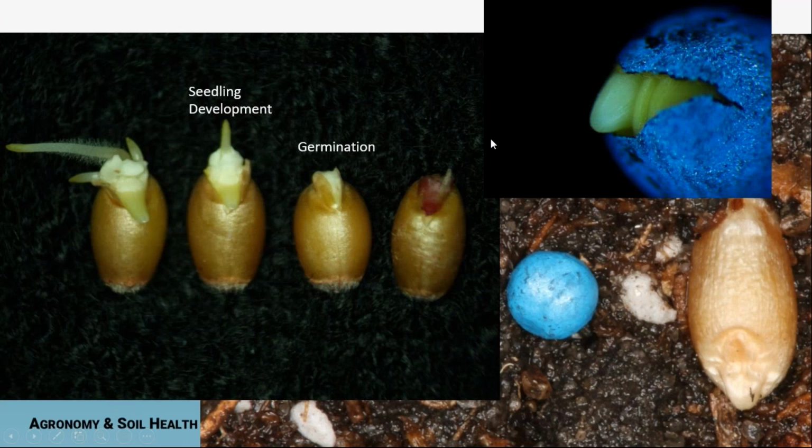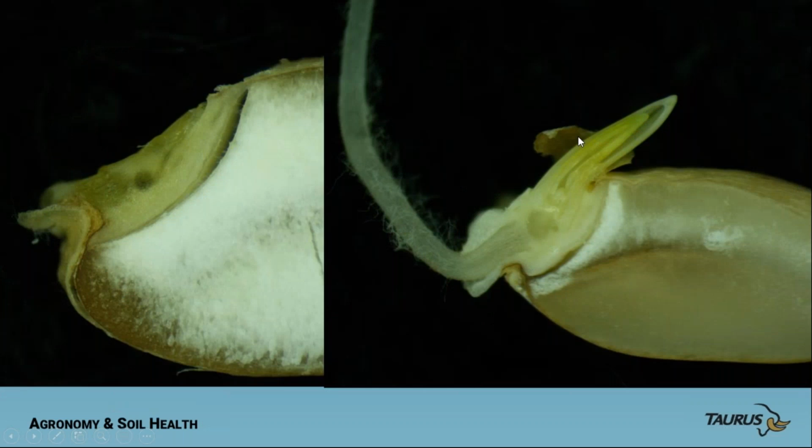And now let's take a look at germination. This is germination: as soon as that radicle or the coleoptile cracks the seed, that's germination. This becomes seed development. Here you can see canola just germinating, and this is ungerminated. Here you can see this isn't germinated. It's going. This one is germinated and it's past now. This one is already way out and it would be in seedling production. And if you take a look at the seed,